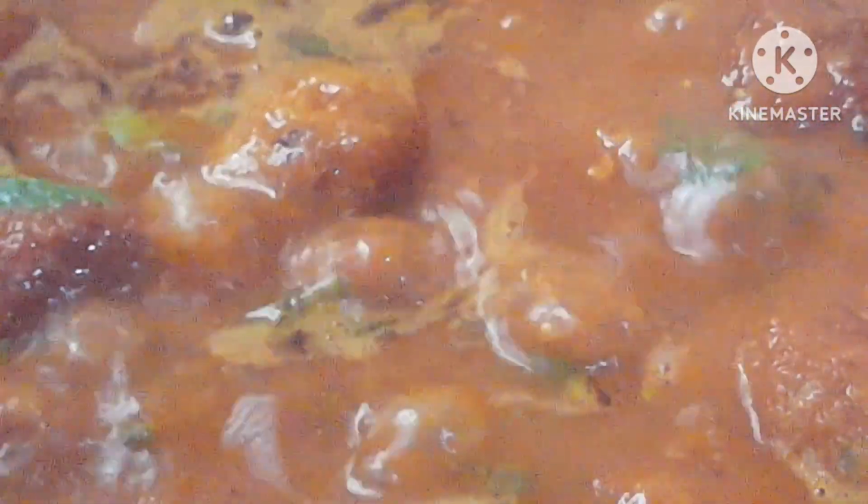One teaspoon of ghee. Little more, I'm giving a little more. I'll give 1 teaspoon. So see, the balls have not been broken, all in